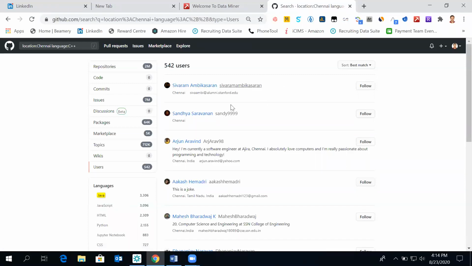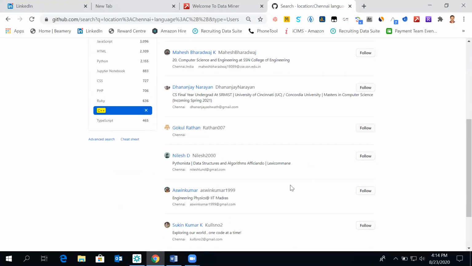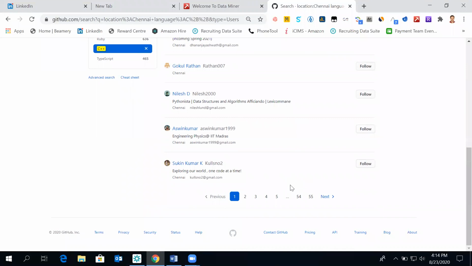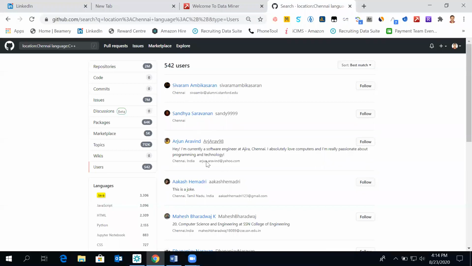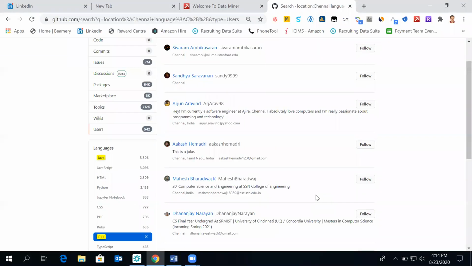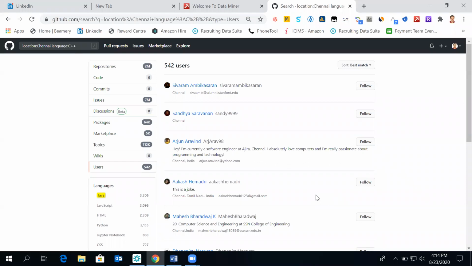So here we see a couple of people have given their email IDs, couple of people have not given their email IDs. That's where the bulk email generation will be covered in GitHub and the various sites also. And now copy pasting this data is a very tedious process. What we'll do is create a recipe which will help us scrape this data to the Excel.